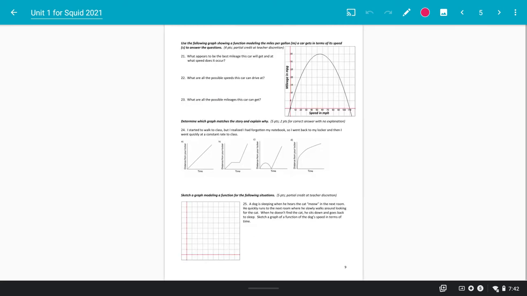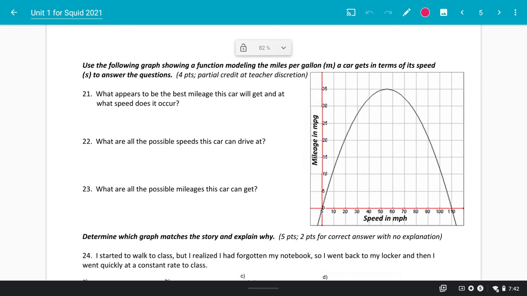All right, rocking and rolling. Last little section here. Use the following graph to function miles per gallon the car gets in terms of its speed. So speed is the independent variable. Miles per gallon is the dependent variable. What appears to be the best mileage a car can get, and at what speed does it occur? Here's my best miles per gallon at about 55. So the best is 35 miles per gallon at 55